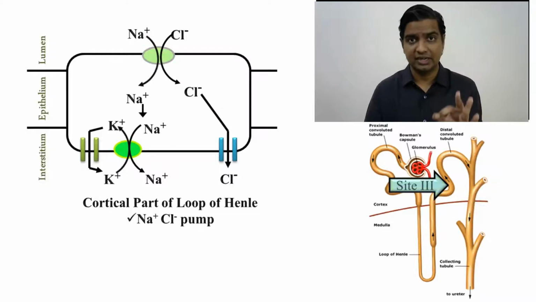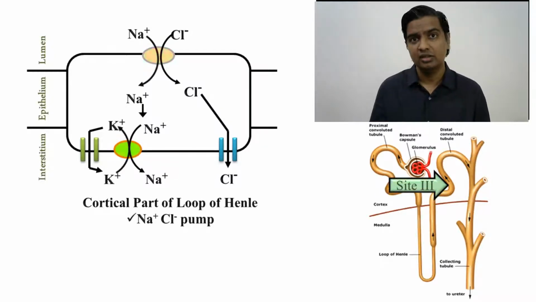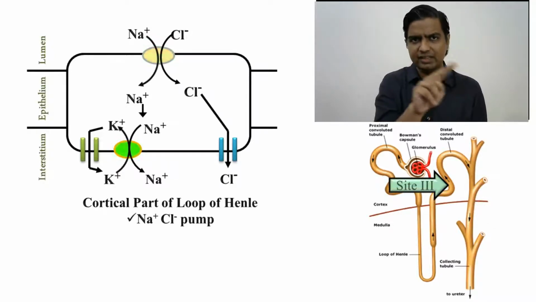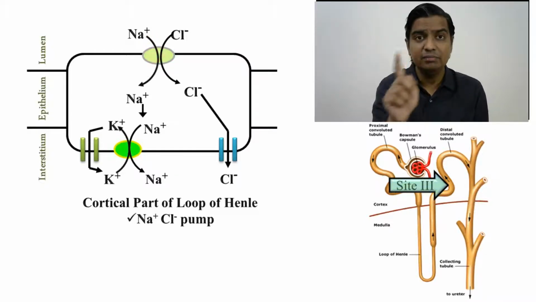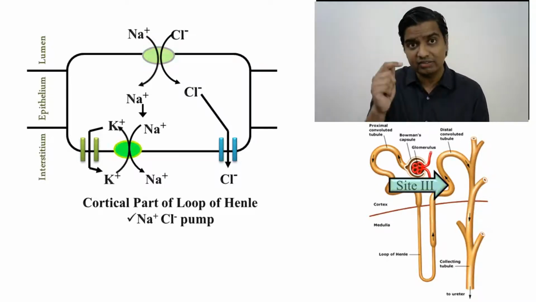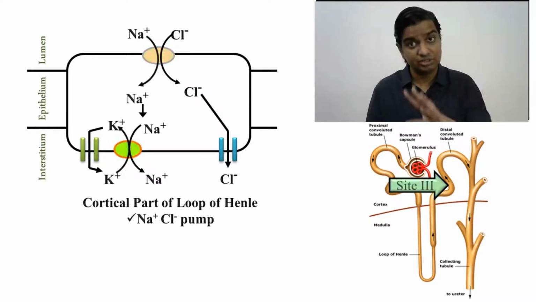Now please understand, is this pump powerful enough in concentrating urine? Yes. If you block this, will you be able to dilute urine? Yes. Is it as powerful as the sodium potassium 2 chloride pump? No. This is the second best concentrating mechanism we have. Easy? So if we somehow block this, will we be able to dilute urine? Yes. Will it be as dilute as the one obtained by blocking the sodium potassium 2 chloride pump? No. It will be less dilute than the first one, but still dilute enough.